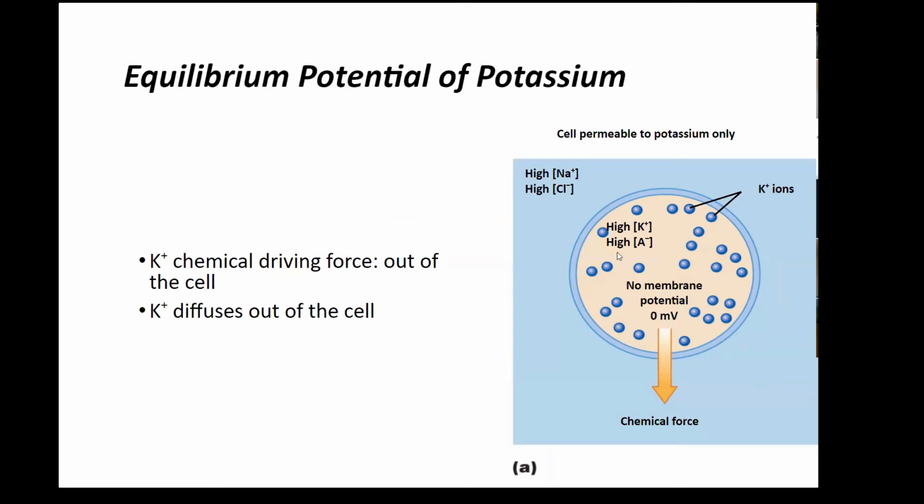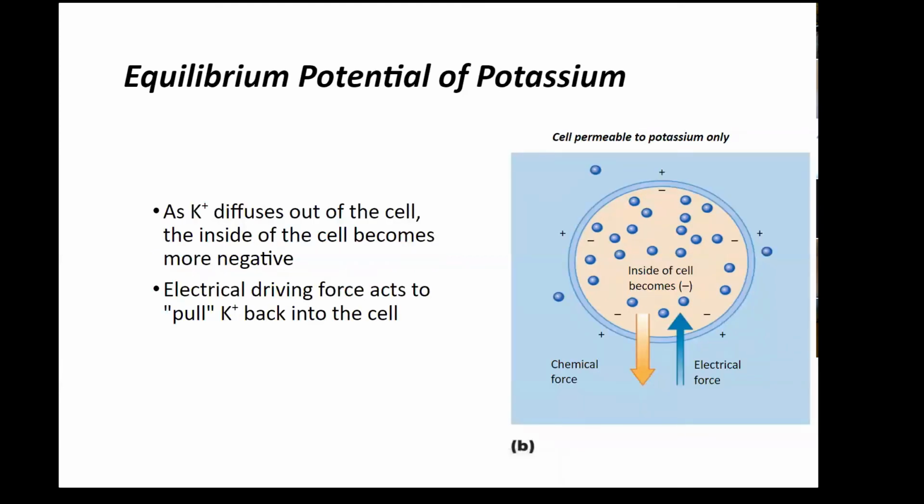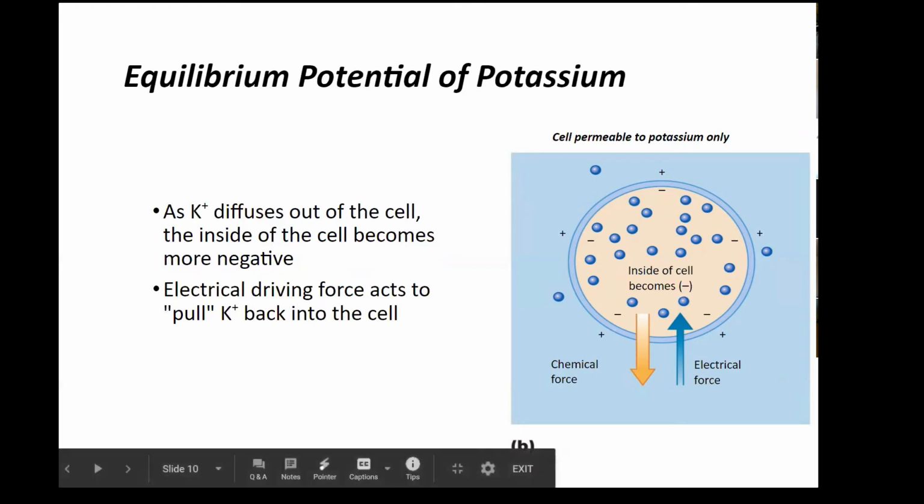So we're starting with no difference in charges across the membrane if we're just tracking the potassium. Okay. So our chemical force is out. But as we move out, potassium is positively charged. So we're taking positives away from the inside. So if we are moving positive charges from the inside to the outside, what's left in the cell becomes more and more negative. So as the potassium moves out of the cell, we start to build up this negative charge